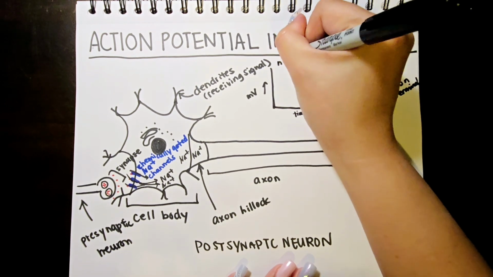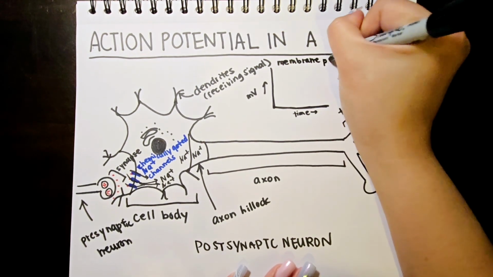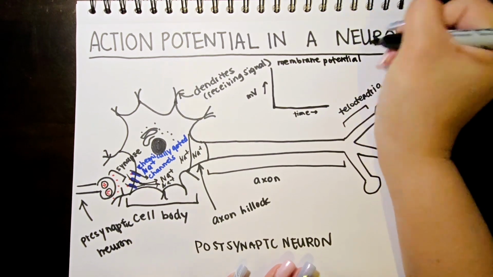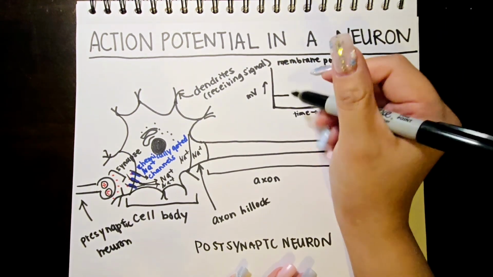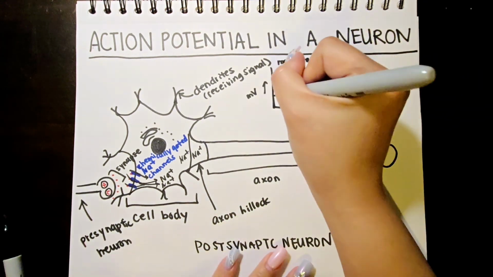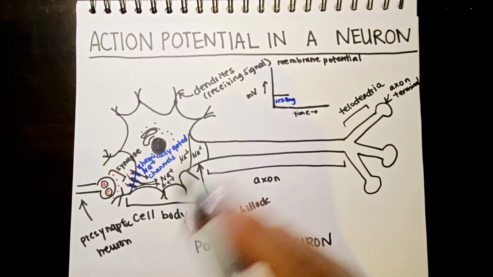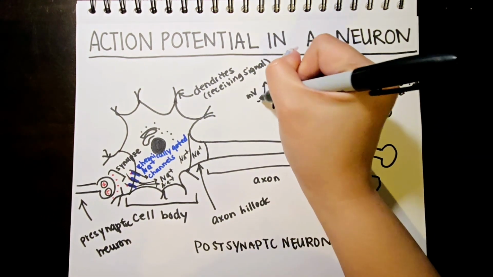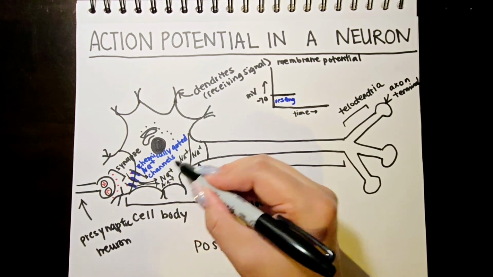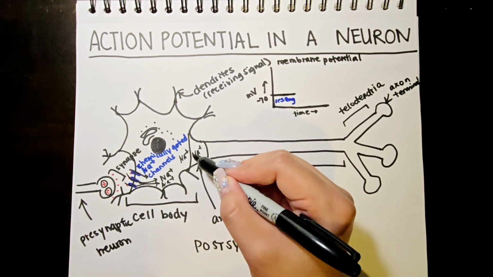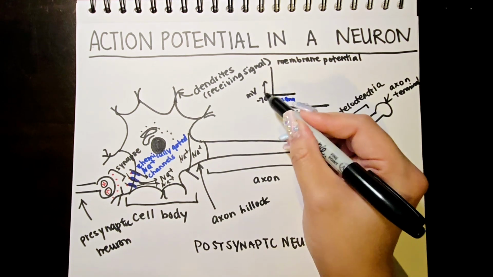Millivolts is the voltage we use as a unit of measurement of membrane potential. So remember, this is your membrane potential graph here. At resting membrane potential, your neuron should be right about -70 millivolts. But as more and more sodium ions are coming in to the postsynaptic neuron, that will increase your membrane potential,